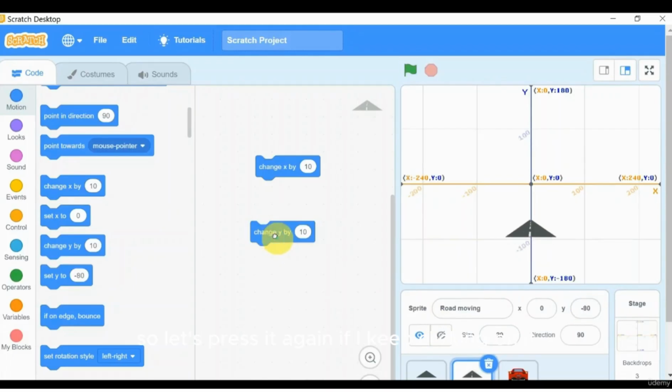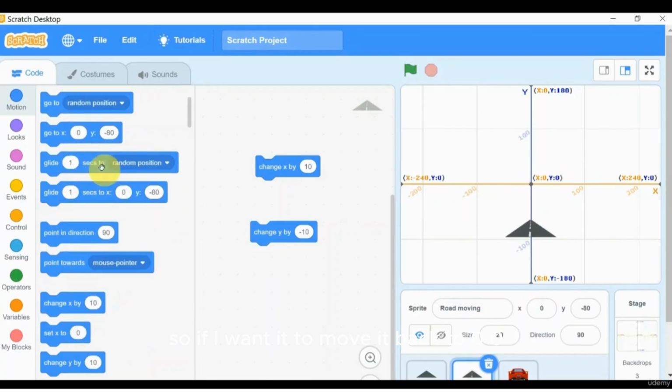If I keep clicking on it, it will keep on increasing until it's come back to 0, 0. If I want to bring it down, I'll write minus 10. And when I keep clicking on it, you can see it comes to minus 18. So if I want to move it back to 0, 0,